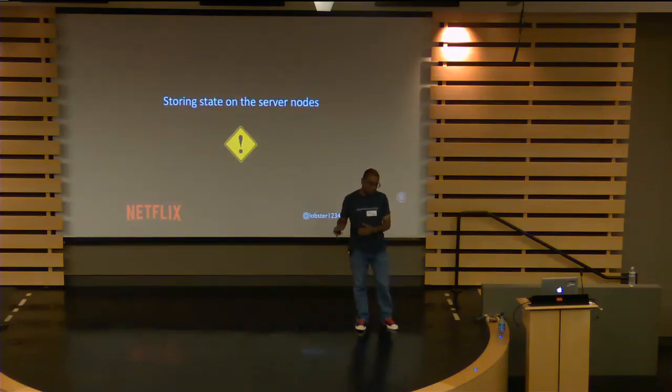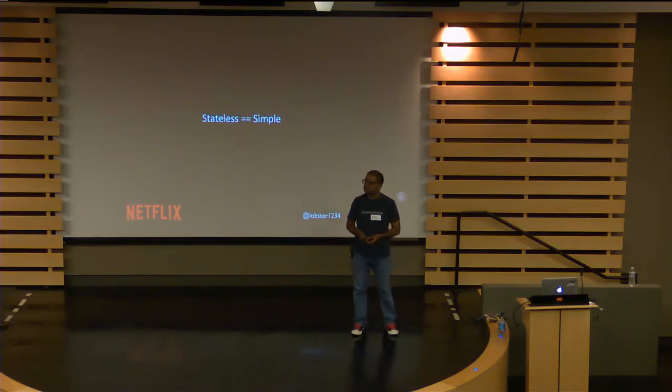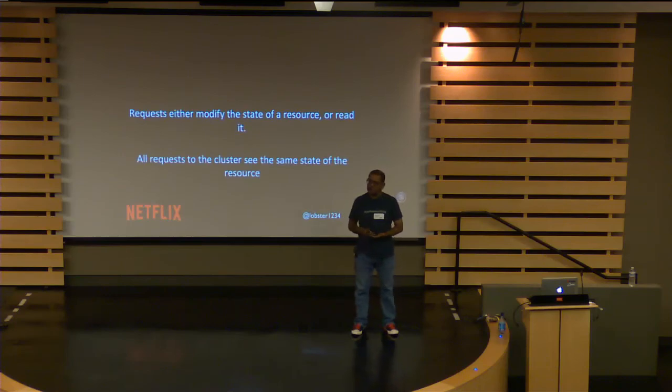Another one, and guys, we are nearing the end of this, so just to wrap up, a few state level anti-patterns. So storing state on server nodes. I'm sure there will be a lot of questions around this. State is a pretty controversial thing. One model is share nothing, where you share nothing between nodes, right? Another is where a cluster can share information between nodes, but there should be no information shared between clusters, right? So there are many models. Ideally, I like to keep things super simple, right? Just keep things stateless. Don't store any transitional state,